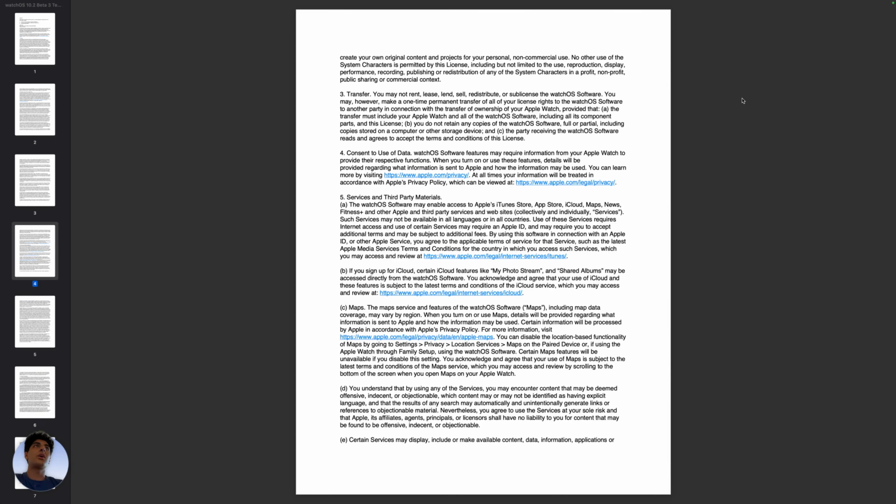Use of these services requires internet access, and use of certain services may require an Apple ID and may require you to accept additional terms and may be subject to additional fees. By using the software in connection with an Apple ID or other Apple service, you agree to the applicable terms of service for that service, such as the latest Apple Media Services terms and conditions for the country in which you access such services, which you may access and review at